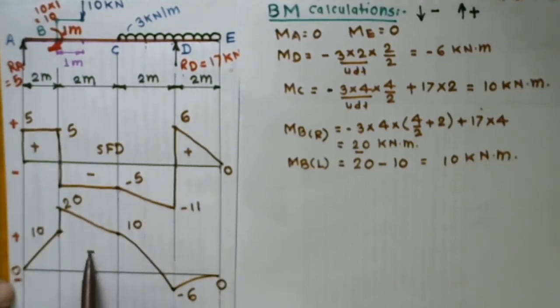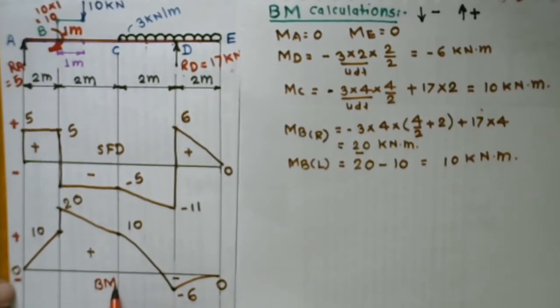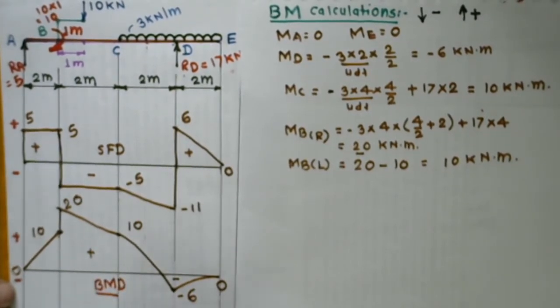So this is the complete positive diagram, and this is the negative diagram. But here this bending moment diagram crosses the baseline, or changes its sign. At this point, which we call F, is known as the point of contrafracture,